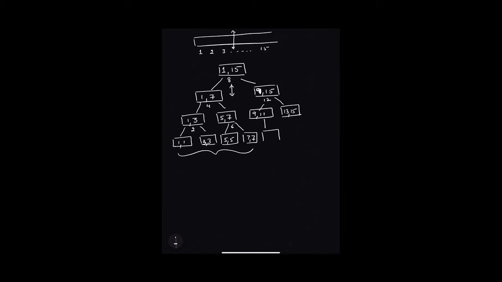Similarly for this, 10 will be the partition location and the elements would be 9 and 9. It will be 11 and 11. Over here the partition will be at the 14th location. So the elements would be 13, 13 and 15, 15. So now both sides of the tree have been sorted.